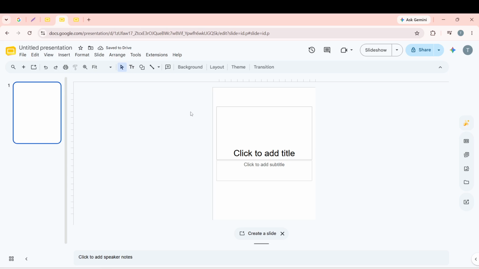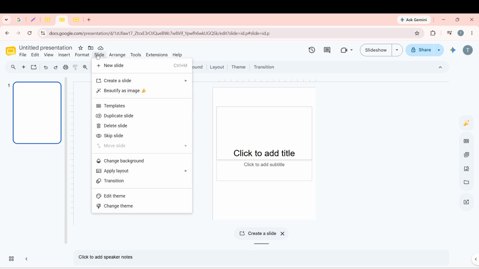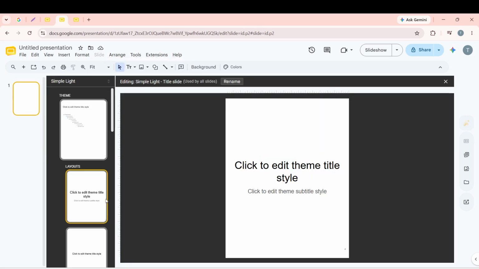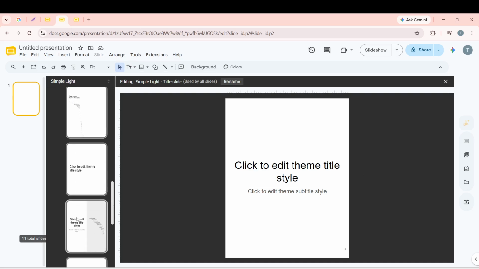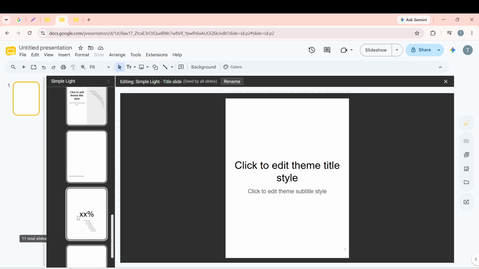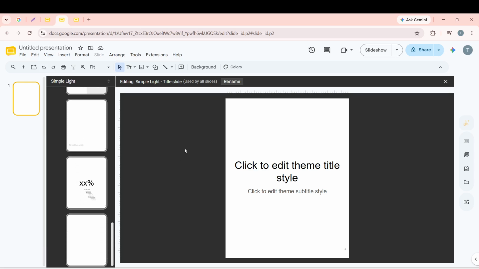After that, go to the top menu and select Slide, then Edit Theme, which you might remember as Master View. This section is where you design the backbone of your book, creating templates that will keep your pages consistent and professional. Here, you can design your standard book page layouts. Think about including a template for chapter titles, a layout for standard text columns, or a designated space for page numbers. Crafting these templates now saves you time and effort later, ensuring uniformity throughout your book.